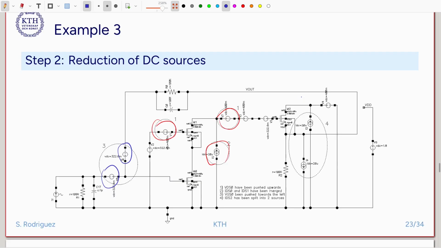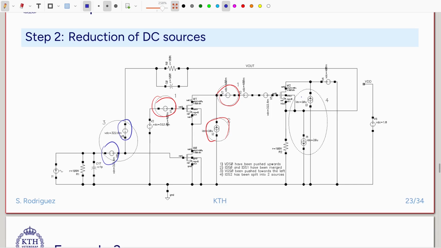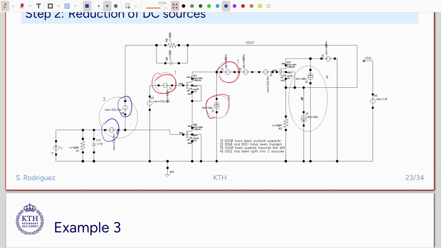Okay, then I have to check and simulate. I'm not going to do that now. I mean, you know, we have to check the DC operating point, and the AC simulation is exactly the same. And then the next step,